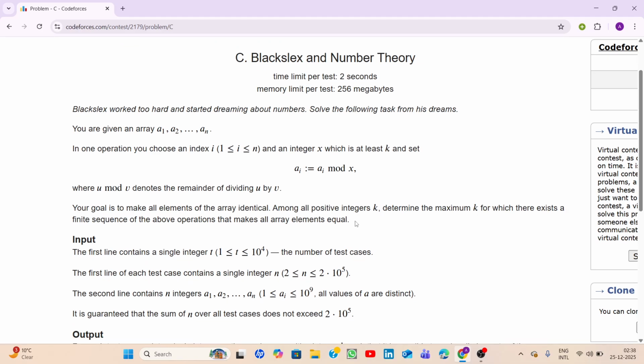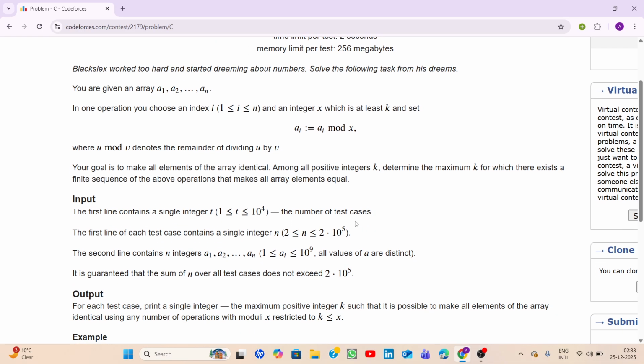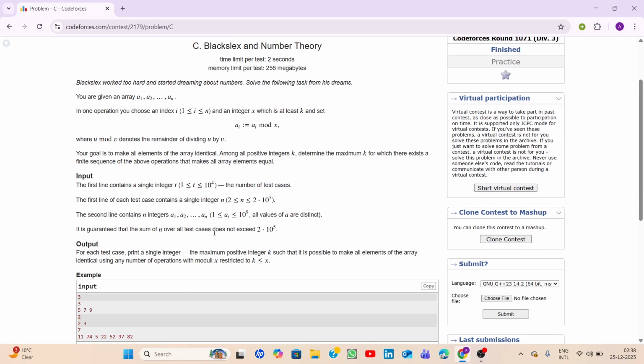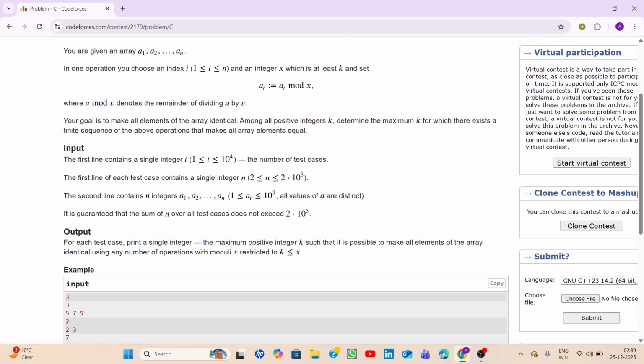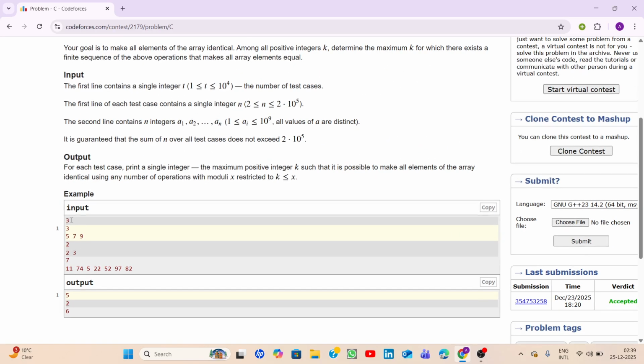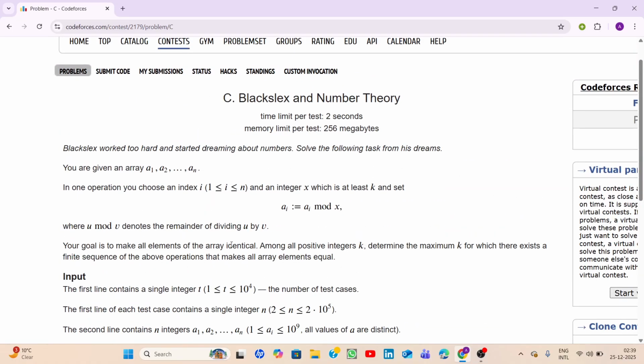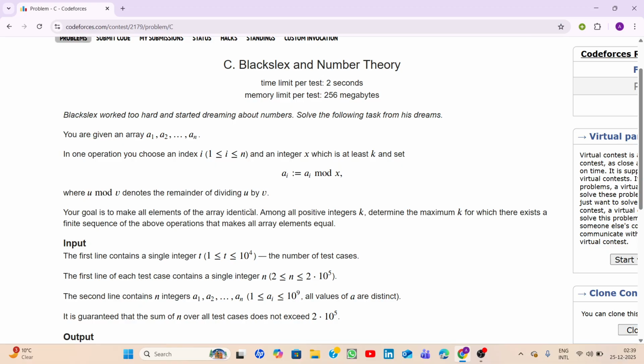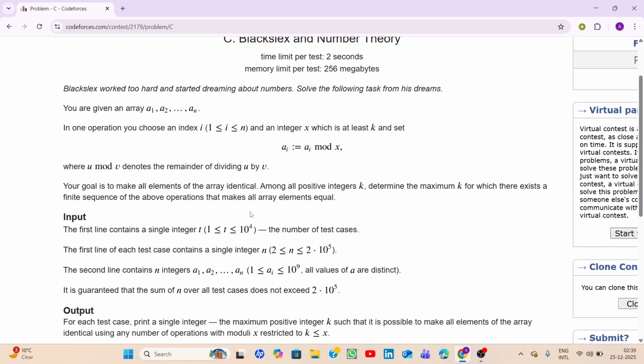Yeah, got it. So it was a better problem than the previous two, but it was also typically a 1100-rated kind of problem. So in this question, what is asked is that we have to set an integer x, and we have to set the maximum possible integer x that after taking,